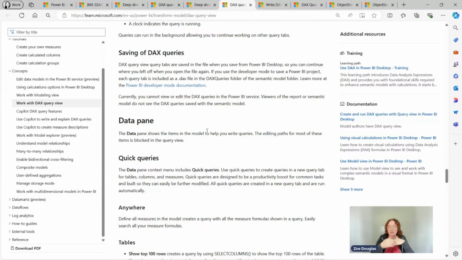So when you publish it to the Power BI service, they are there, but we don't have DAX query view in the service just yet. But they will stay with it, and we're working on making sure that they stay when you go into Git integration, if you're doing that kind of stuff. There are some really great articles out there about people using these DAX queries saved in the model